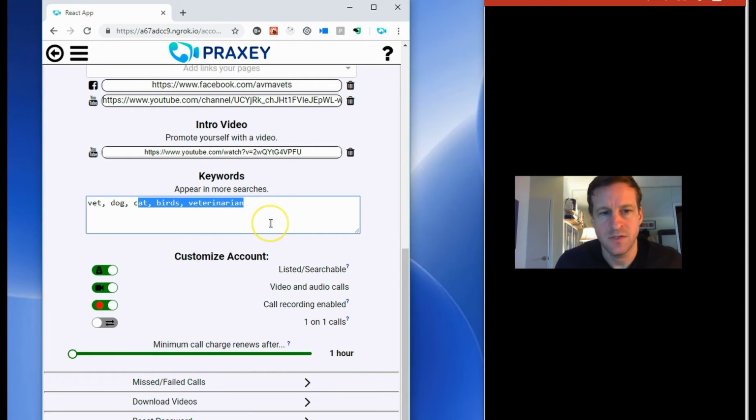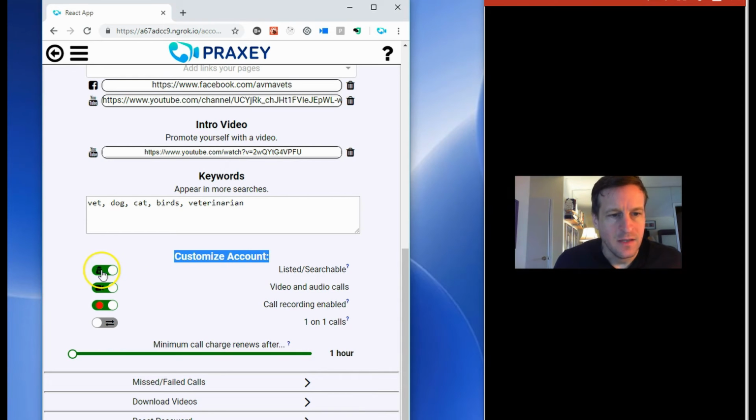Keywords, put some keywords in there if you want to appear in more searches. These keywords should be directly related to the service you're offering. So do that. And then we get to the customized account section. The listed searchable, this is the first one. Now by default, all accounts are unlisted and unsearchable. And the reason I do that is because